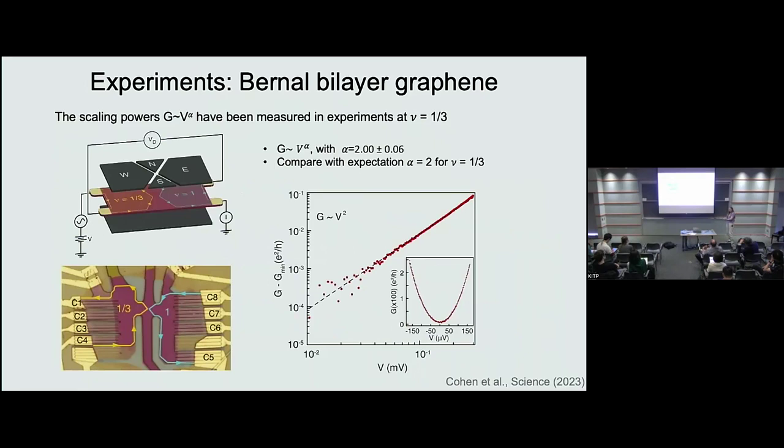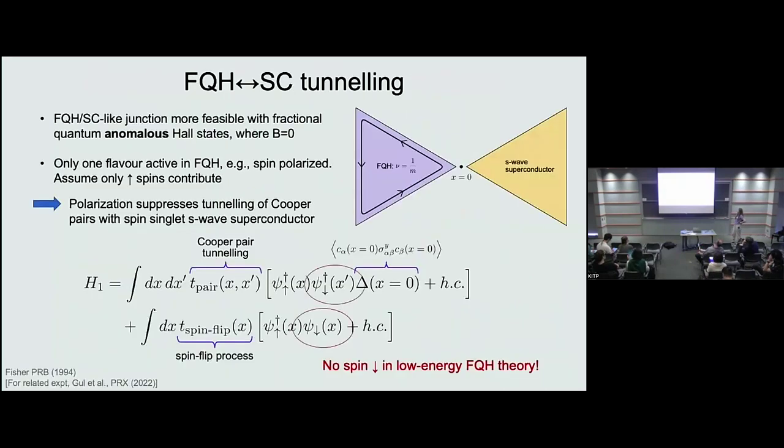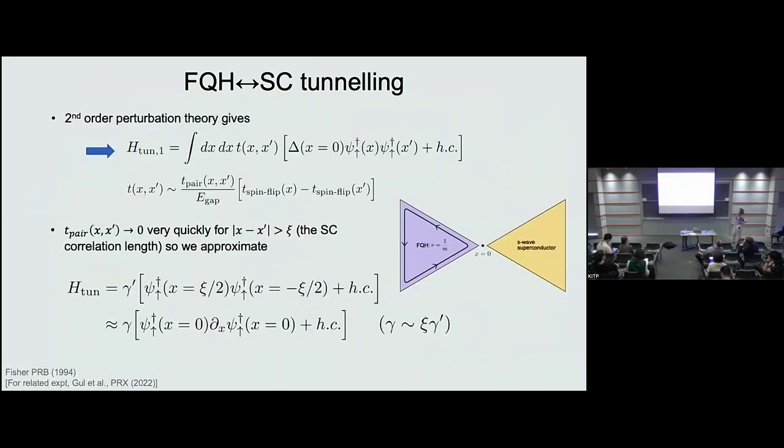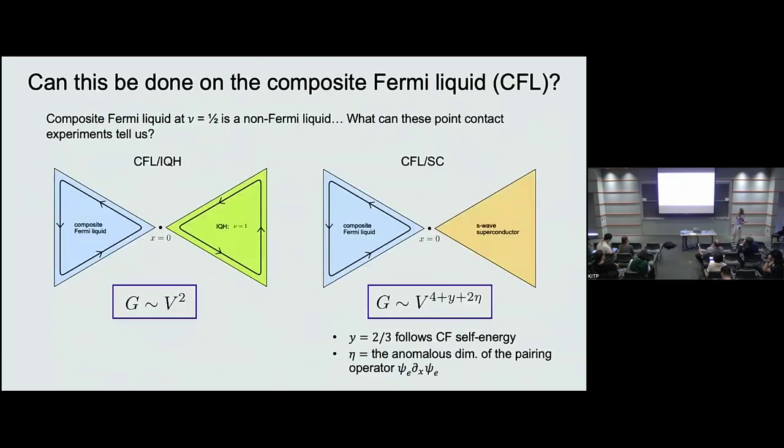But you're just asking how we expect, if we also essentially dope this composite Fermi liquid side, how will that enter in here? And I don't know is sort of the answer. I'm assuming that temperature scales the same way, but yeah,